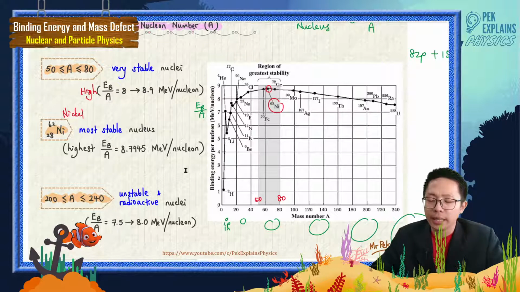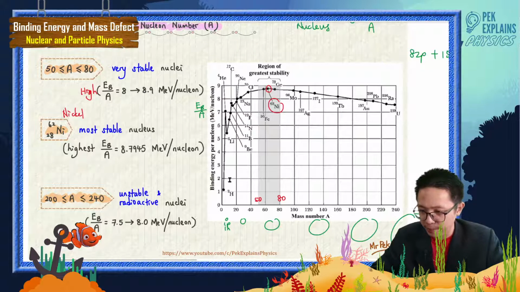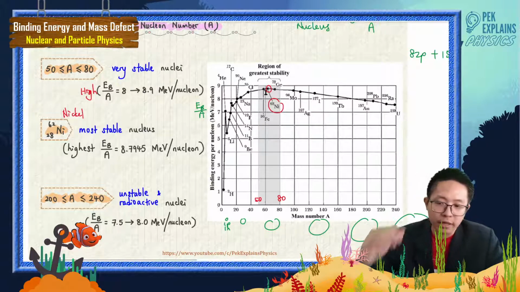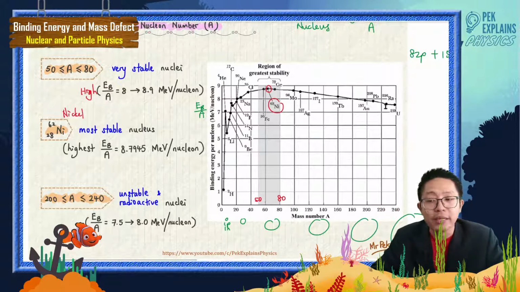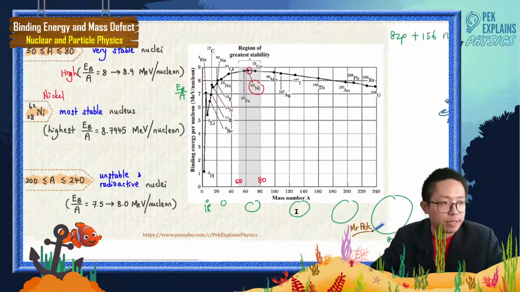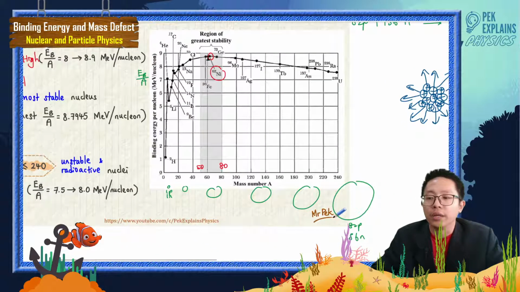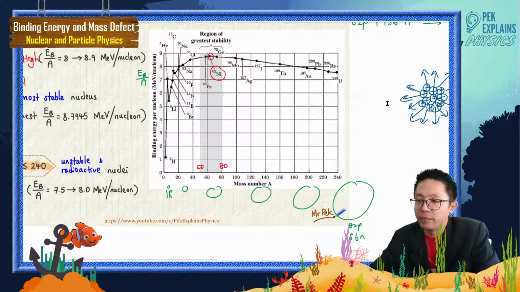Okay. But talking about this one, if the graph goes further and further away to the right hand side, you can see the graph decreases. The graph decreases means the stability decreases. This one is more stable, but when the nucleus becomes bigger and bigger, they become less and less stable. Why become less and less stable? Because if we look at the equation itself,